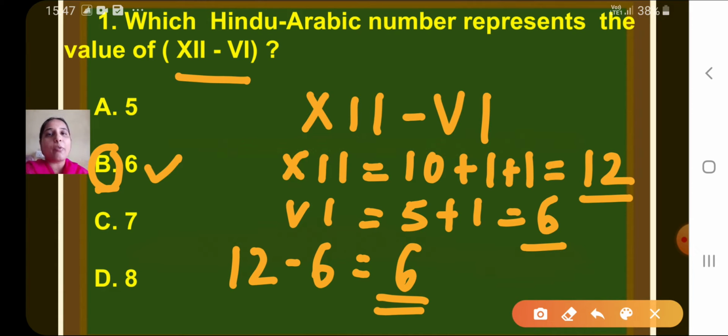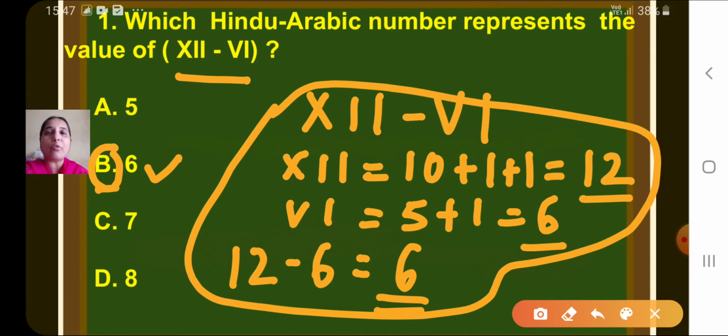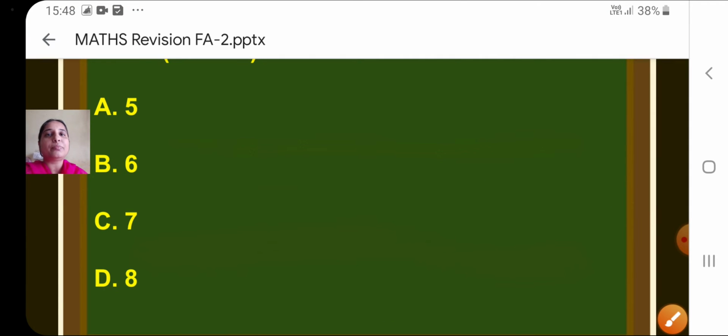Like you click on your worksheet also, you click on the correct answer, isn't it? In the same way, you just have to click the correct option. And for solving, you should have one notebook with you where you will be doing all this calculation. You don't have to write any calculation in the system, but for solving the question, you should have one notebook and one pencil with you, and there you will solve and just find the correct option and click on it. Got it? So, let's move to the next question.